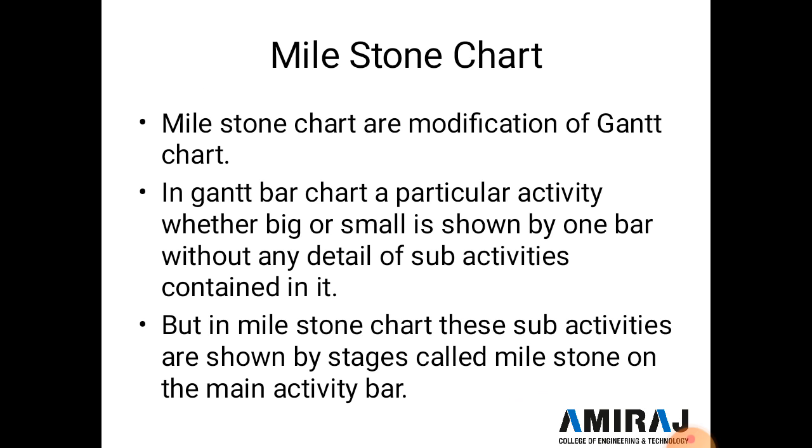Now the second type of chart is a milestone chart. A milestone chart is a modification of the Gantt chart. In a Gantt chart, a particular activity, whether a big or a small project, is shown by one bar without any detail or sub activities connected to it. But in a milestone chart, these sub activities are shown in stages called milestones on the main activity bar, so that effective control over the progress of the activity can be obtained, as well as the relation between the sub activities